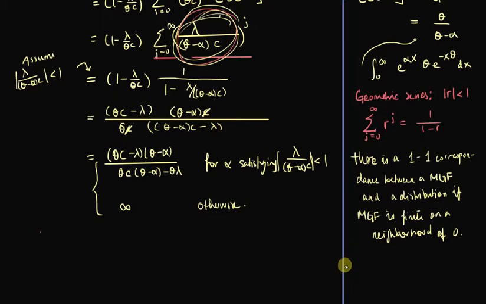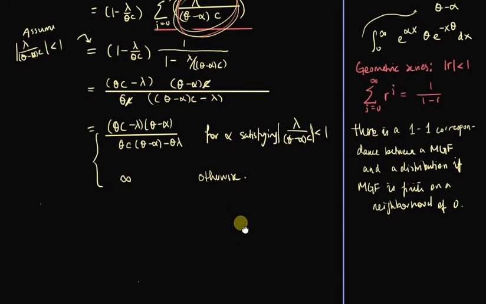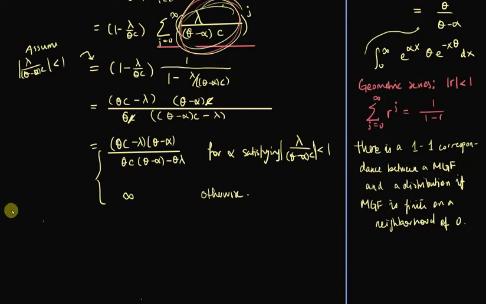So just to make sure where this moment generating function is well defined, let us take a look at which alphas allow for this term to be smaller than 1. And if there are some alphas in the neighborhood of 0 that allow for this, then we're safe. So let us consider which alphas let the numerical value of lambda divided by c theta minus c alpha